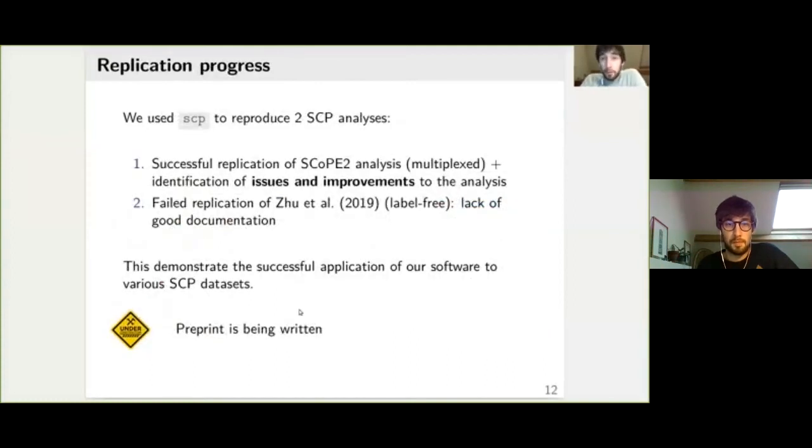So currently we use our tools to reproduce two data sets. I just showed you one, the scope 2 data set. Reproducing is nice, especially when you can identify issues and suggest improvements to the analysis. Then we